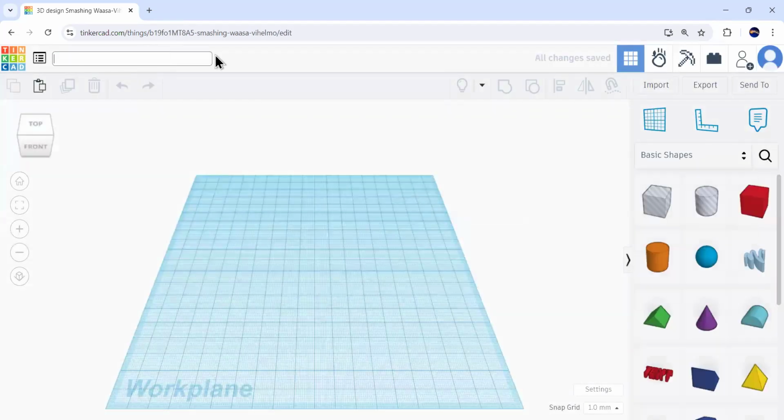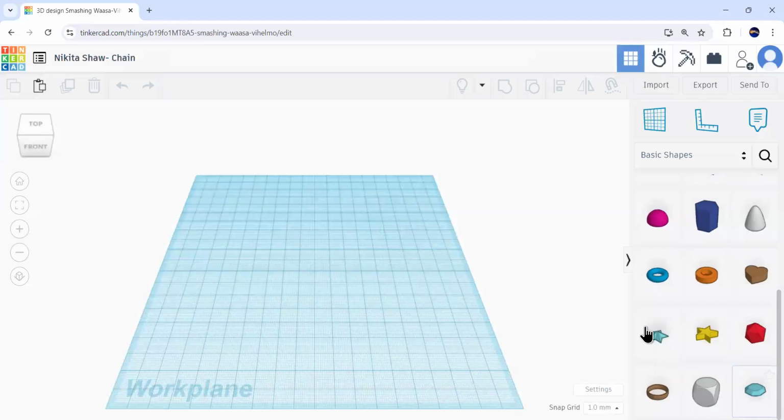Similarly, changing the name to that of the design that we want. Here we'll click on this. We'll just scroll down and we need to bring this torus, which is in the shape of a dome.